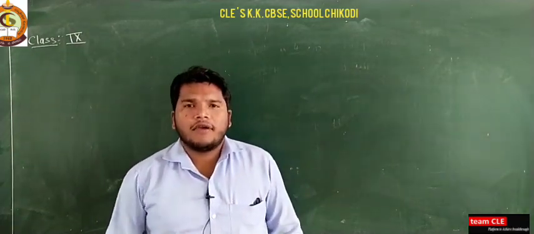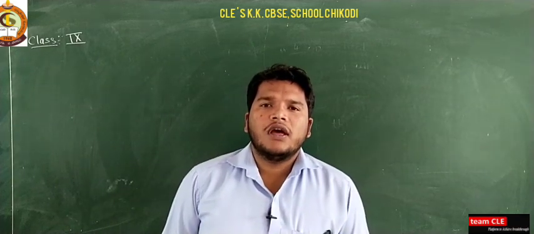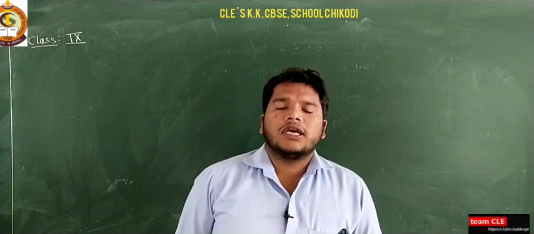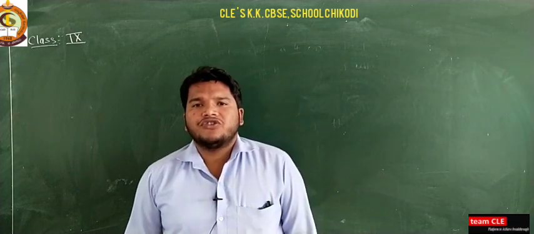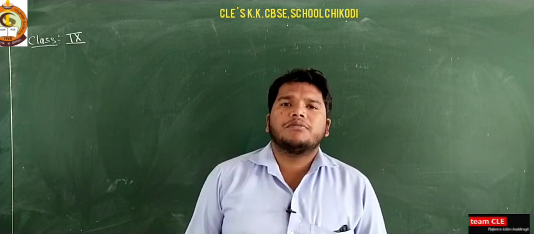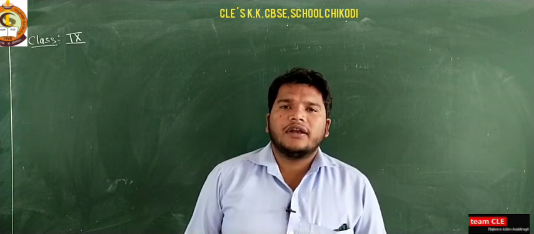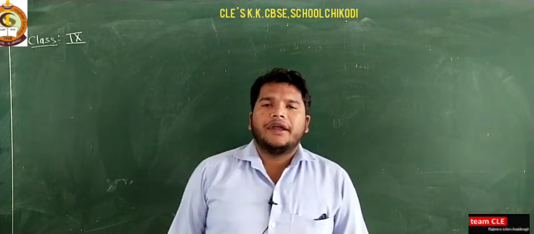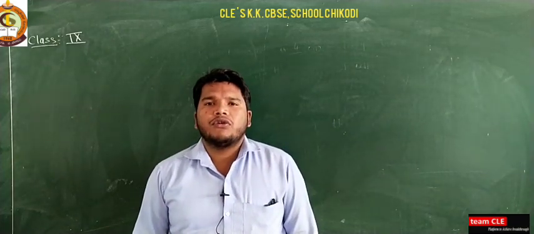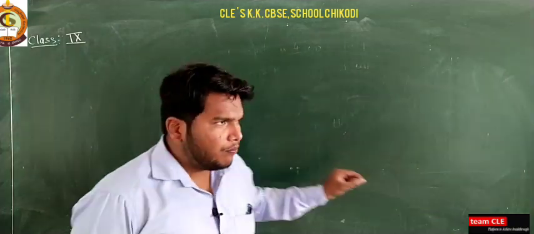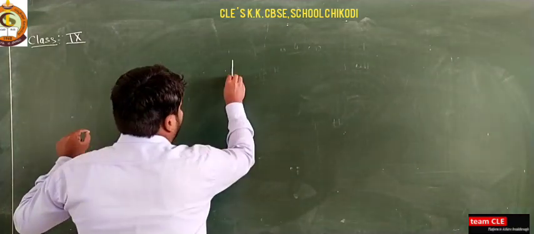So in the last class we have completed the number system. In the number system we have solved some examples on the laws of operations of real numbers. In the laws of operation of real numbers we have studied some identities and solved some examples, and in this video you are going to learn a new topic, that is, class 9 polynomials.